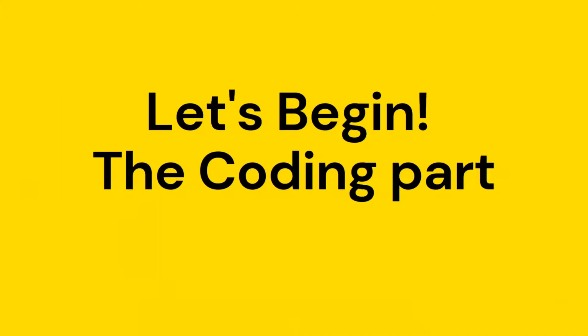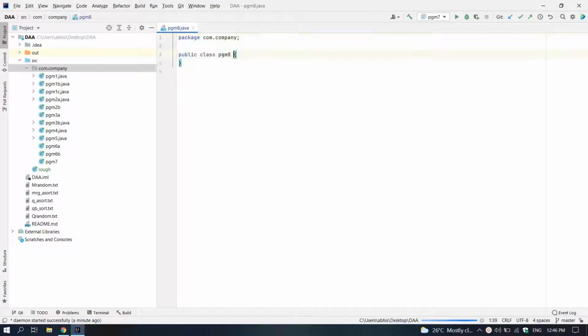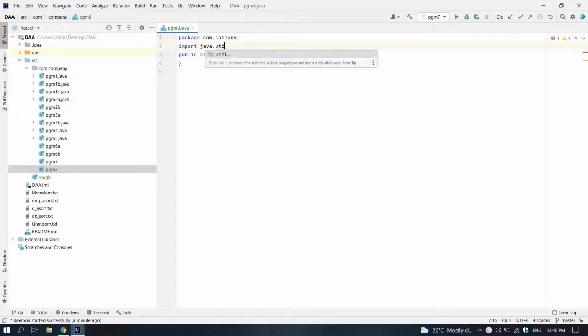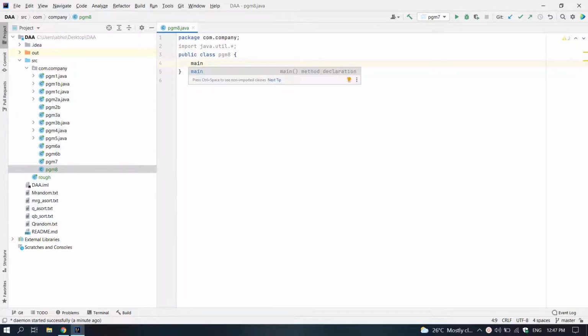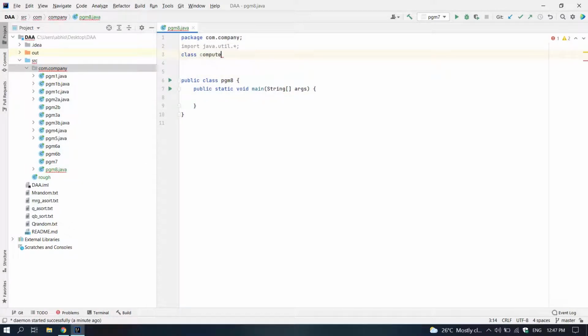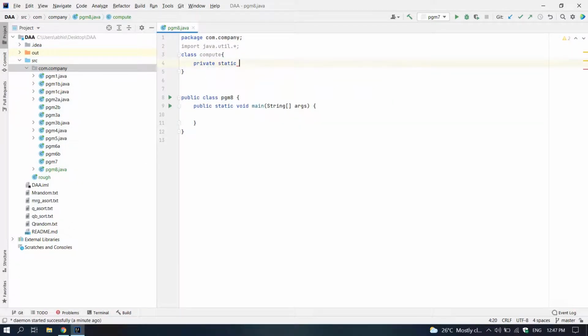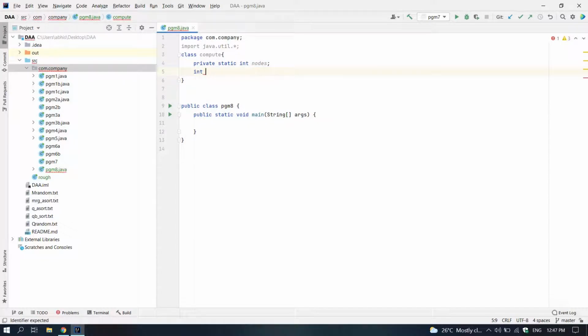Now let's move towards the coding part. So let us continue with our program. We are going to initialize 3 variables over here, that is nodes, a 2D array graph and a parent array.